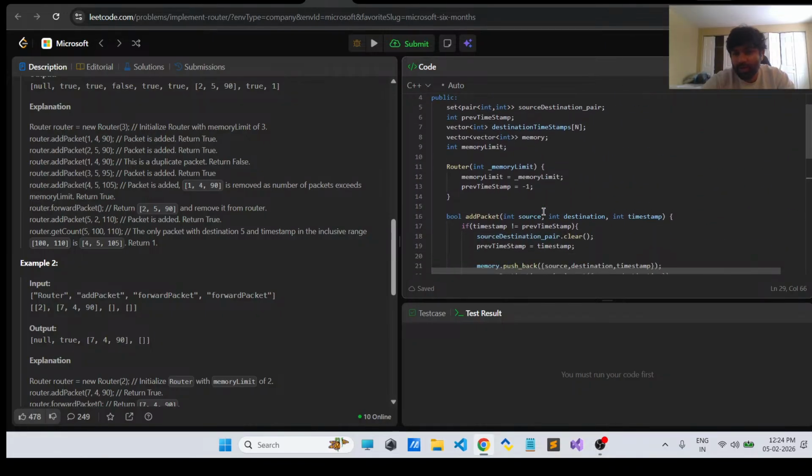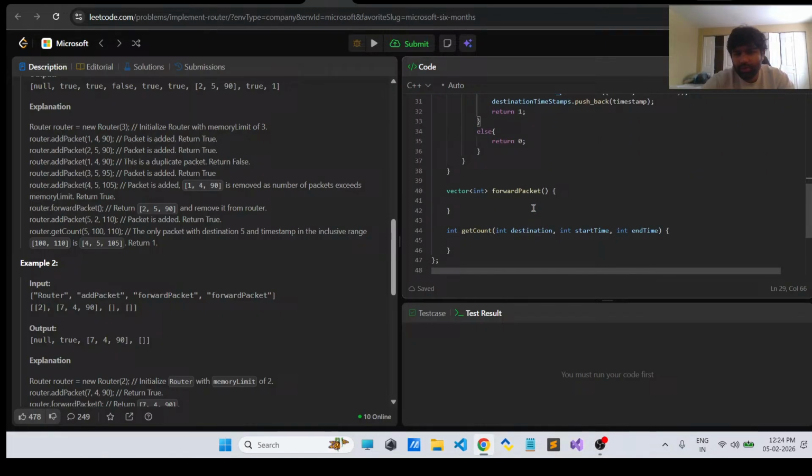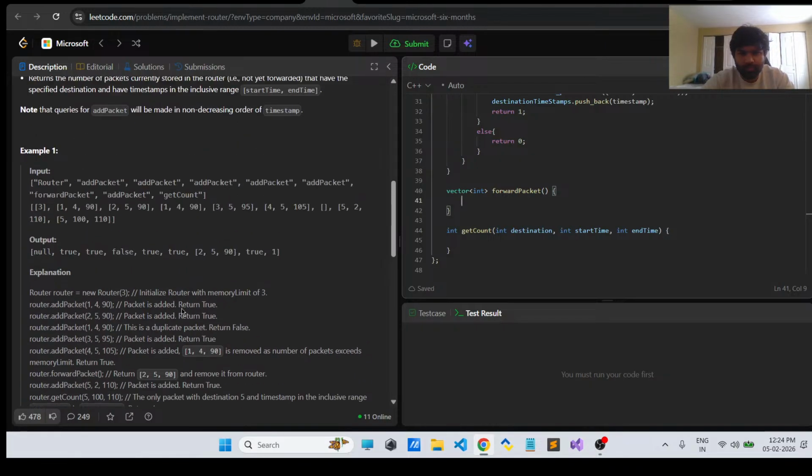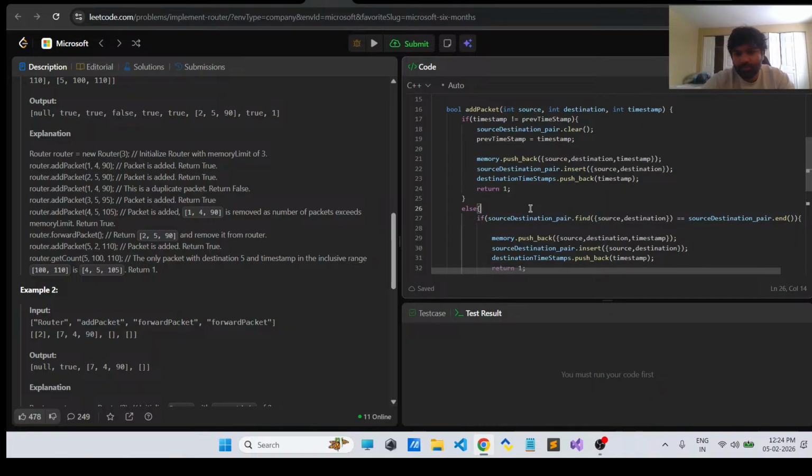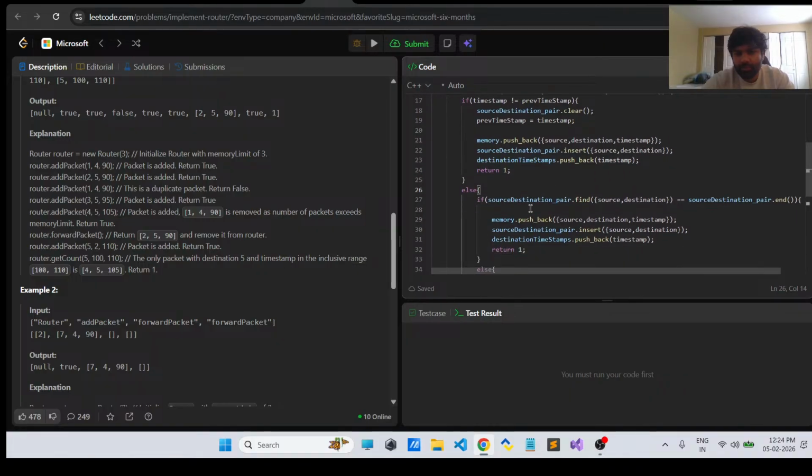Other than that, I think it's good. Here, also I have to check, right? If memory is here and also here, that if memory is full,